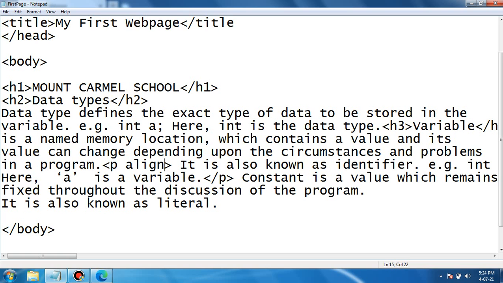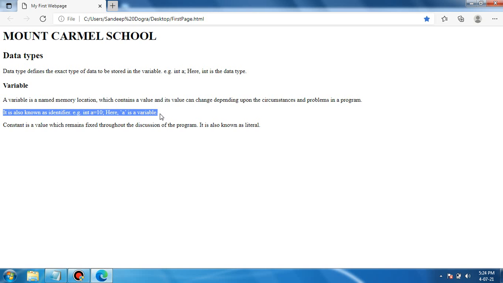After the name of the attribute comes the equal to sign. Equal to is used to assign the value. Then comes the double quote, and after that you type the value. Look at this line, it is on the left side of the web page.